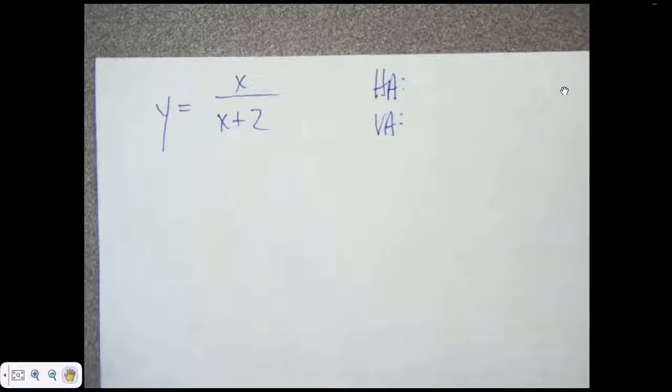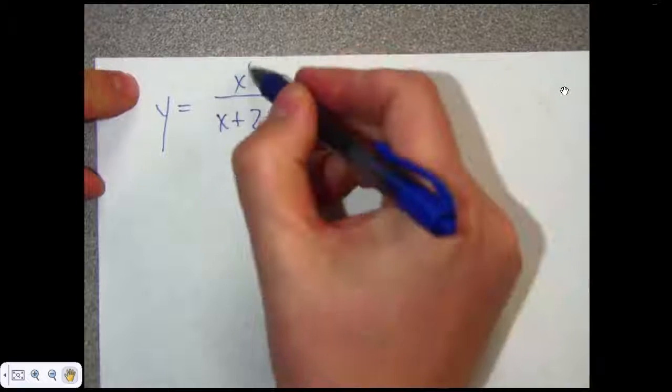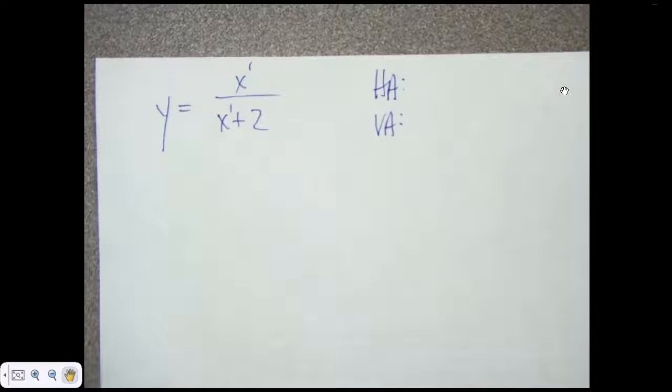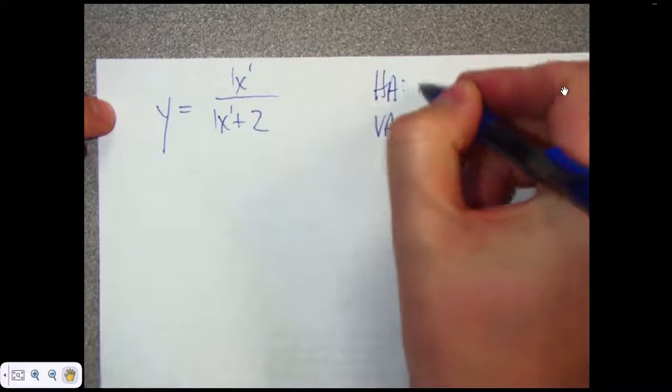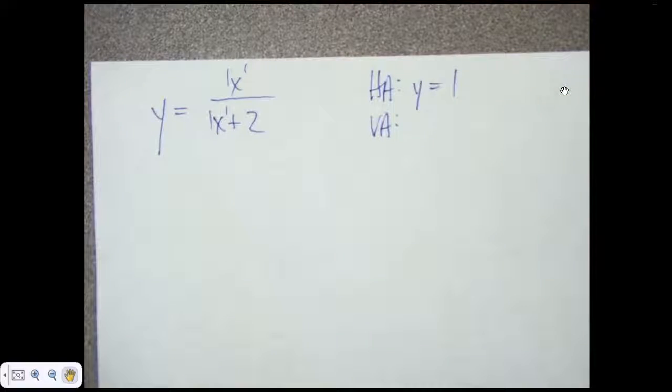There are. Horizontal asymptotes, you look at the higher power. The higher power is tied, right? You've got x to the first on top, you've got x to the first on the bottom. So if they're tied, you look at the coefficients in front of those. So 1/1. So there is a horizontal asymptote at y equals